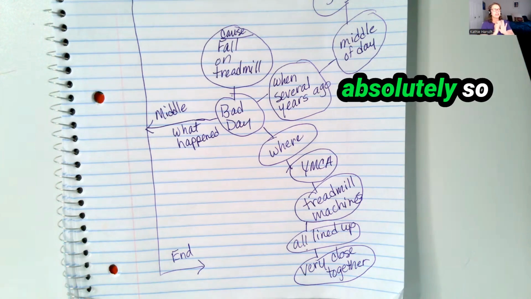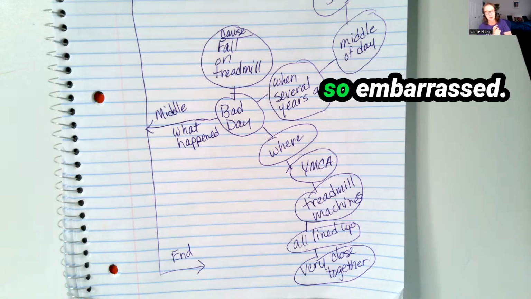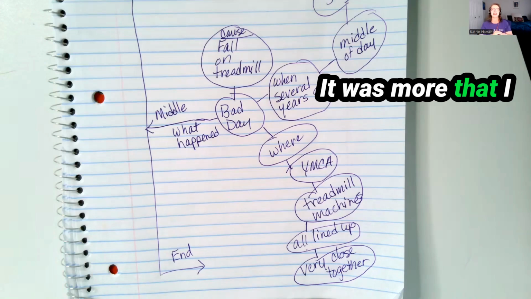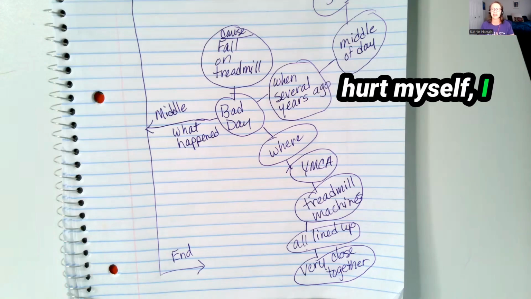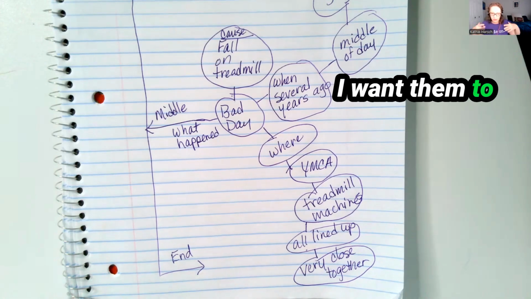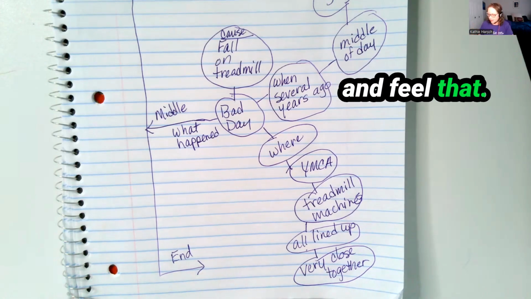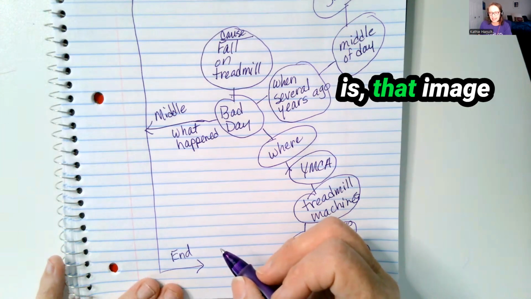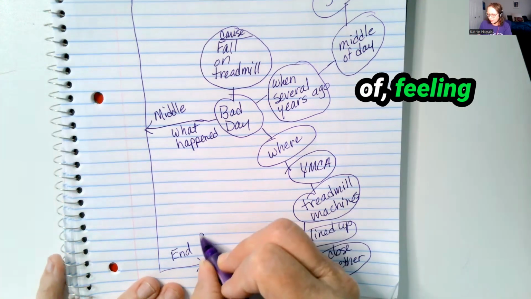So I was absolutely so embarrassed. I had to leave the gym because I was so embarrassed. Plus, I don't think I was in pain at all. It was more that I fell. I didn't really hurt myself. I hurt my pride. It was very embarrassing. I want them to understand that and feel that. That's what I want to end with, that image of feeling embarrassed